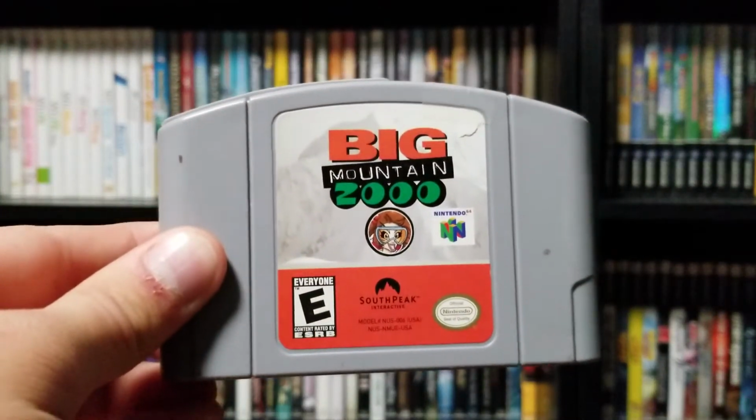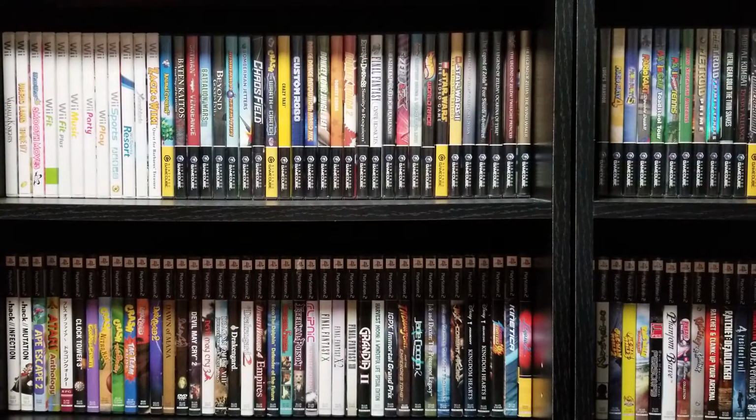And Big Mountain 2000. This one also goes for 12 to 15 for some reason. Not sure why, but I'm trying to get to the end of that 64 collection. I can kind of see the light at the end of the tunnel. I'd like to at least by the end of 2019